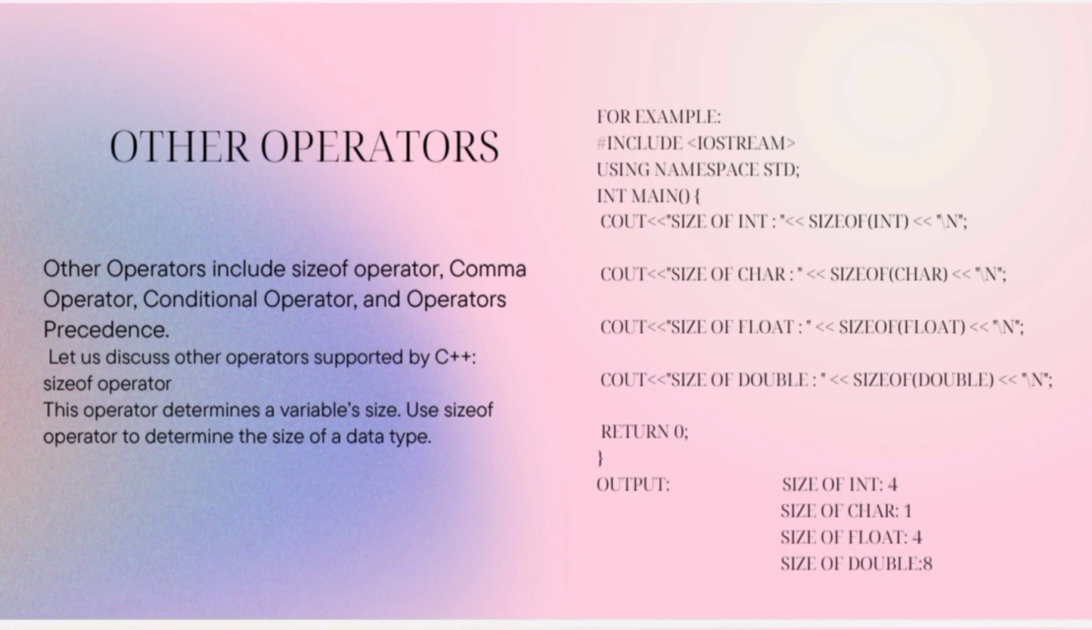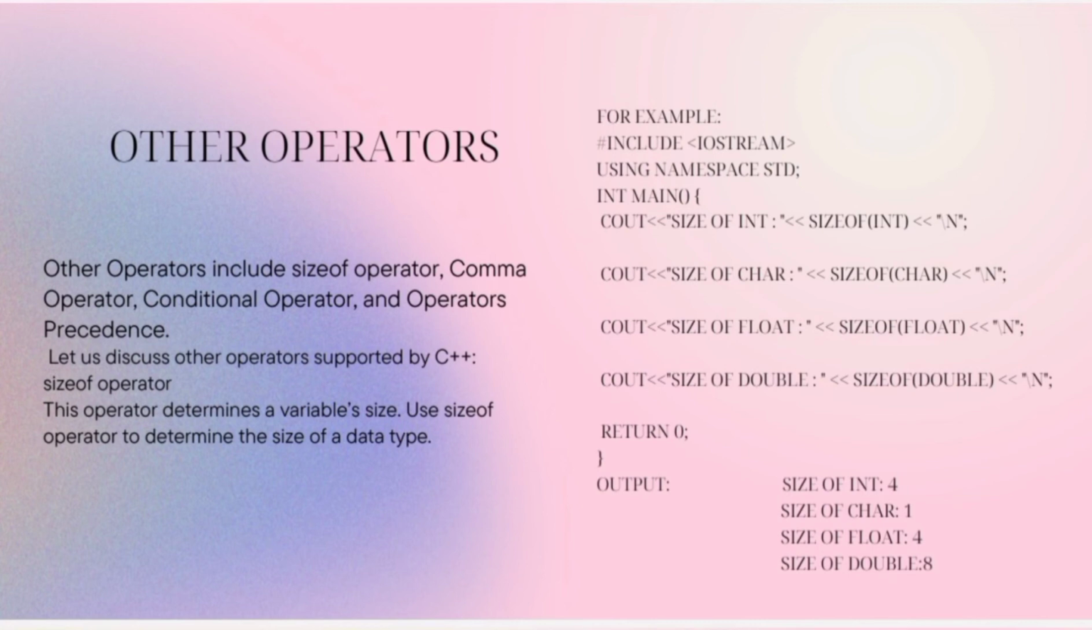Other operators include the sizeof operator, comma operator, conditional operator, and operator precedence. Let us discuss other operators supported by C++. Sizeof operator. This operator determines a variable's size. Use the sizeof operator to determine the size of a data type. For example,